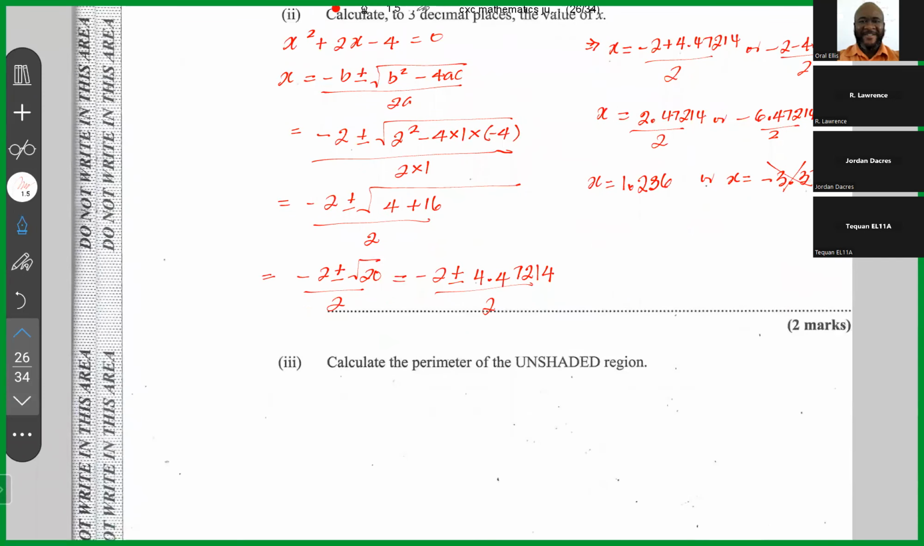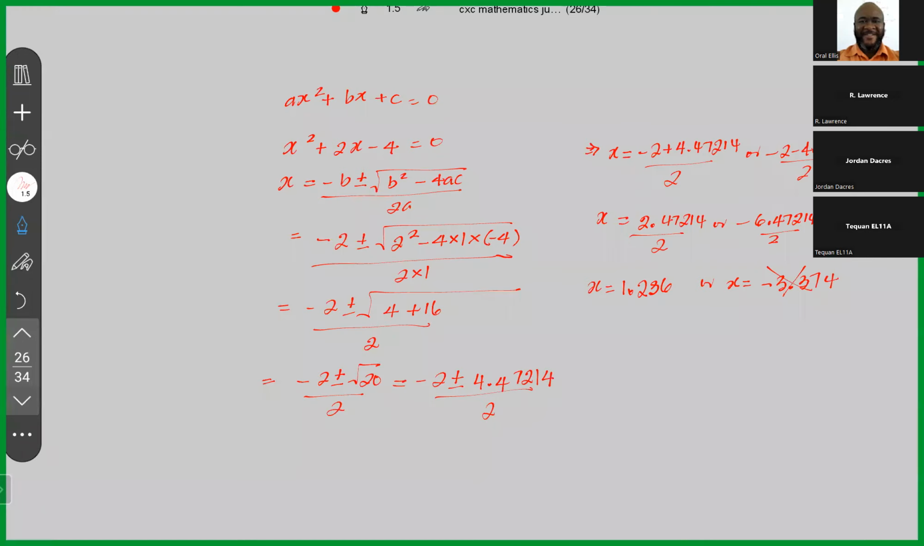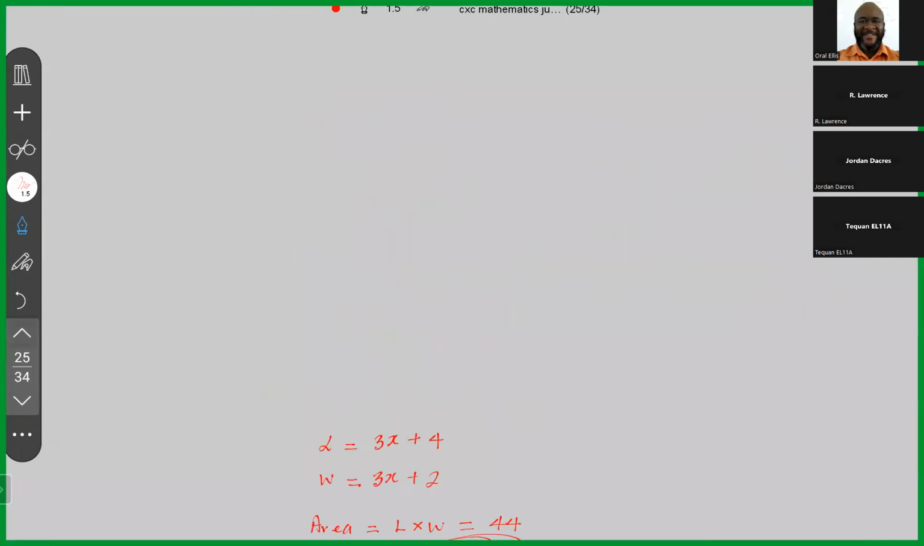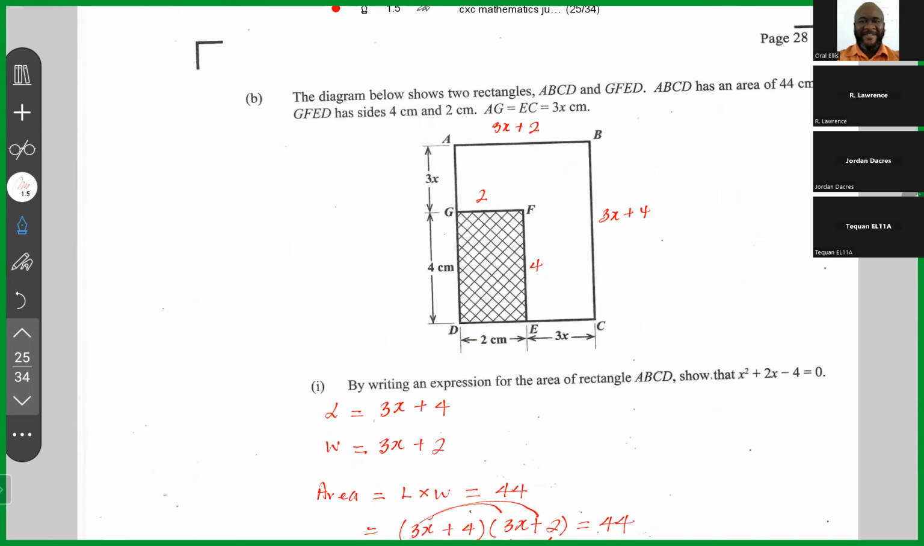Calculate the perimeter of the shaded region. So the shaded region is the unshaded region's complement. Perimeter means distance around. So we need to add up all the sides to get the perimeter. Up here is 3x plus 2. Over here is 3x plus 4. Here is 4. Here is 2. 3x, 3x. So the perimeter is